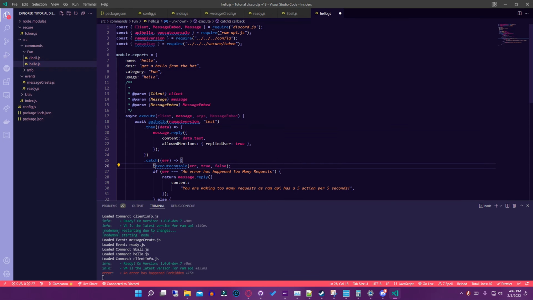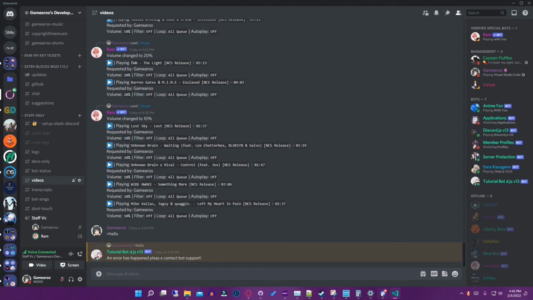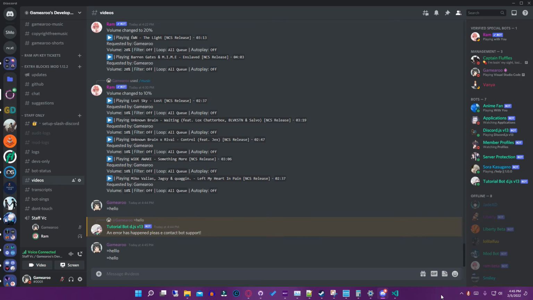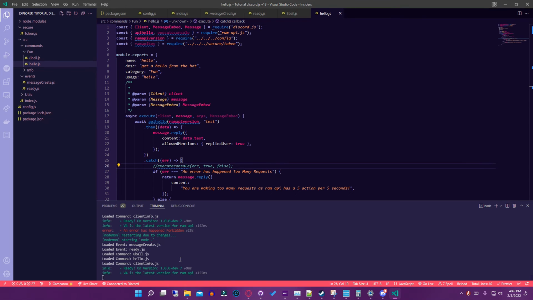If you don't do that, they will see that an error has happened, but you won't see the error, because it's no longer logging that error anymore. So you actually have to execute it. You have to tell the package to log it for you, which is what I did, or you have to use console.log. Very simple, very easy to do. Next up on this list